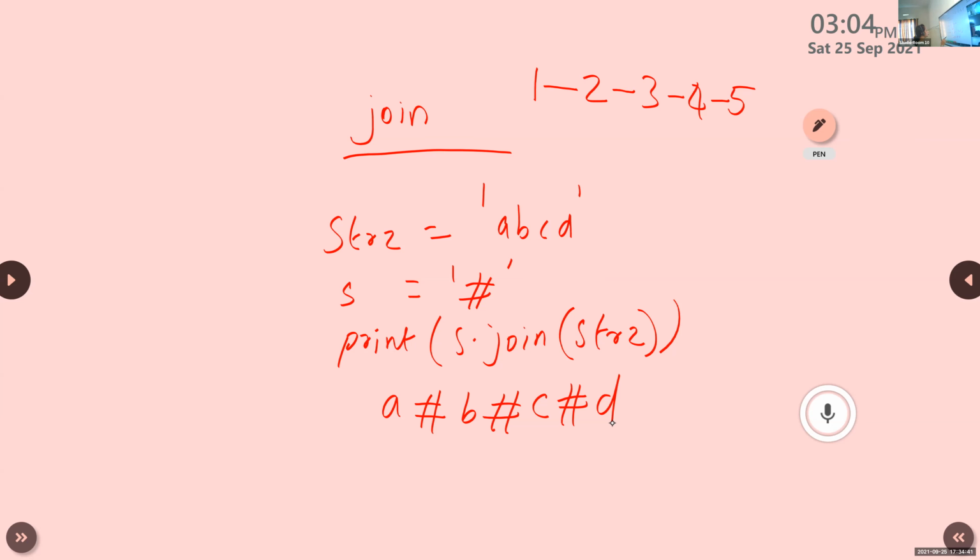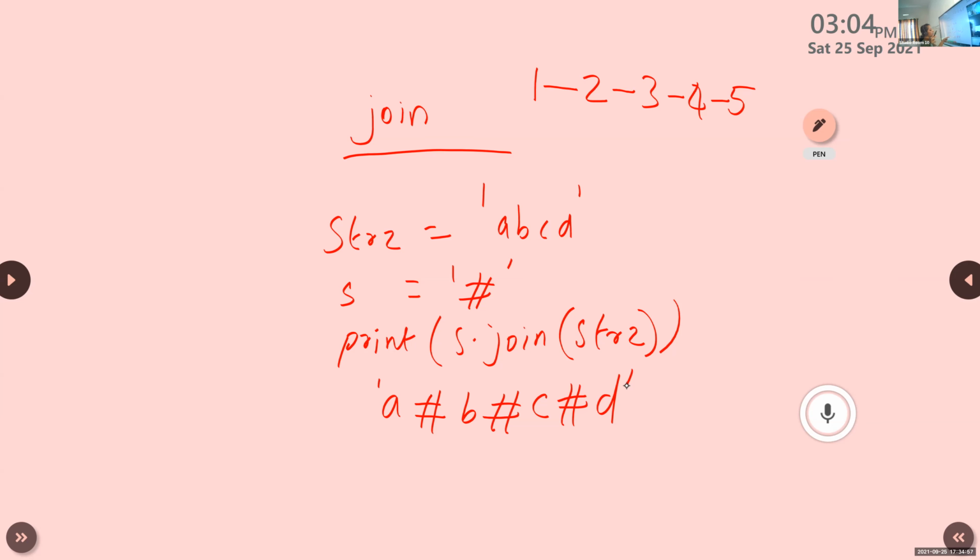Okay. All these results are within single quotes because of the join function. Read the definition of the join function. What is the definition? It will return a string. Underline that word string.